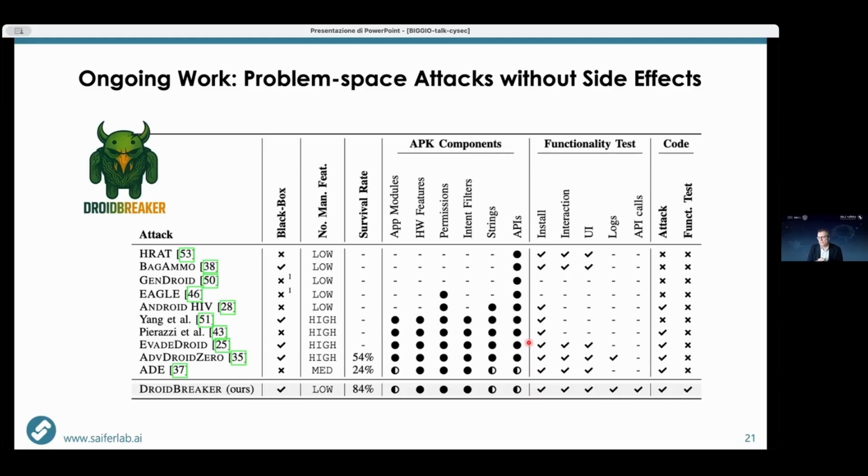People have been showing that attacks on these malware classifiers are possible, but at the cost of injecting large portions of benign programs, for instance. In this case, instead, we show that you can do this with very fine-grained manipulations, and this increases the success rate of the attack by a large margin, and also greatly decreases the chances that you break the application functionality. So in this case, we are really close to the ideal case where you just manipulate the feature values, as we showed in the previous work.